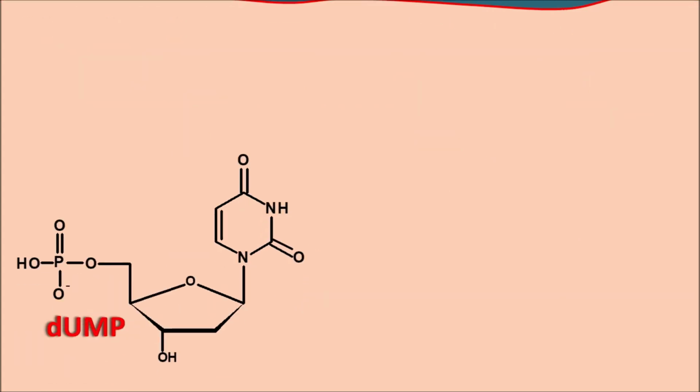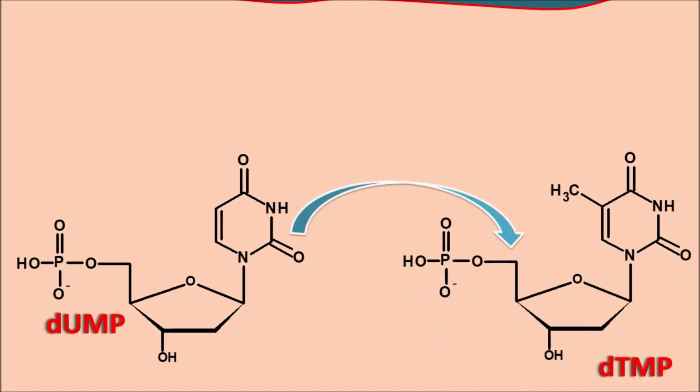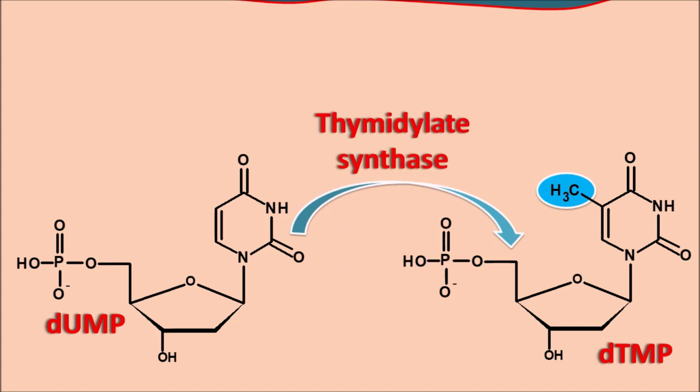So this is the deoxyuridine monophosphate, which is going to be converted into deoxythymidine monophosphate. What is the difference between the uridine and thymidine? You can see that an extra methyl group is there in the thymidine. So simply, the conversion of the dUMP into the dTMP is the addition of a CH2 group. Already hydrogen is there and one CH2 group is going to be added so that it is converted to a CH3 group. In this way, dUMP is converted into dTMP by transfer of the methylene group, and this reaction is mediated by the thymidylate synthase enzyme.